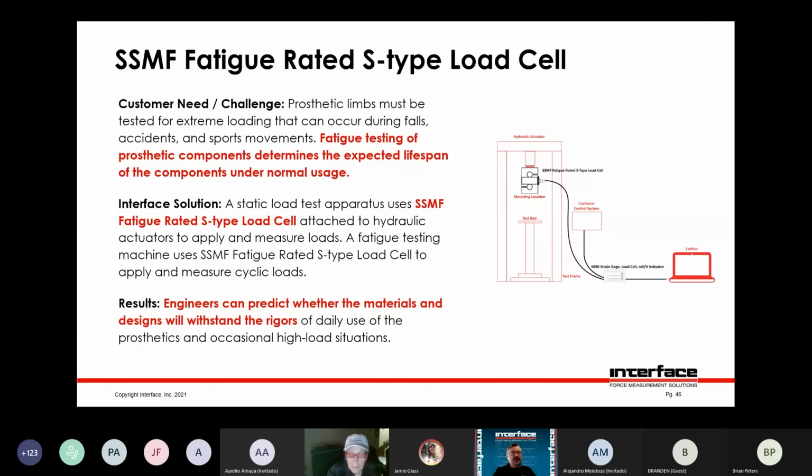Here's an application for fatigue rated load cells. It's a medical device where, if you're going to be testing it, say for life cycle, you want to high cycle load the specimen. So it's going to be X amount of cycles at what frequency. And you might say, oh, the load cell is going to wear out, so you need a fatigue rated load cell. Something like this also needed to be relatively small so it could fit in the test machine, with relatively low capacity. So our model SSMF, where the F stands for fatigue rated, was a good choice.